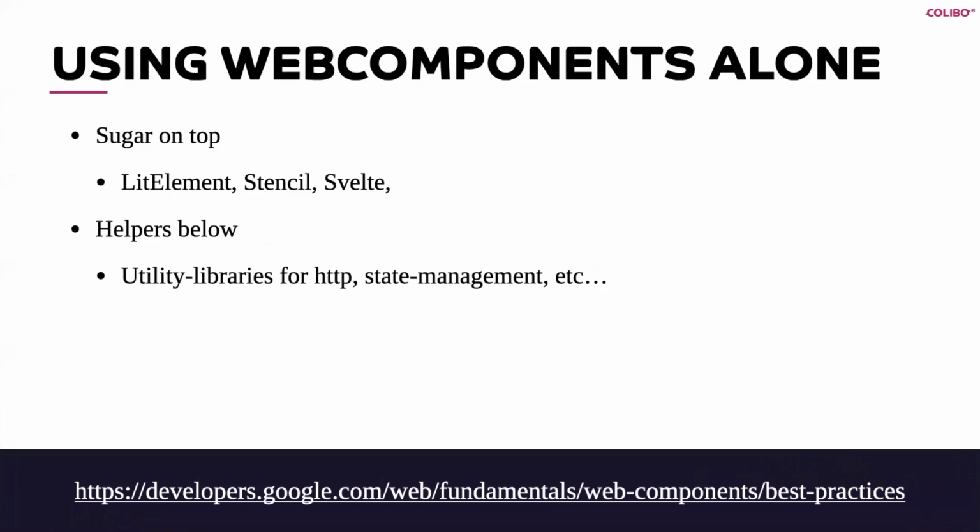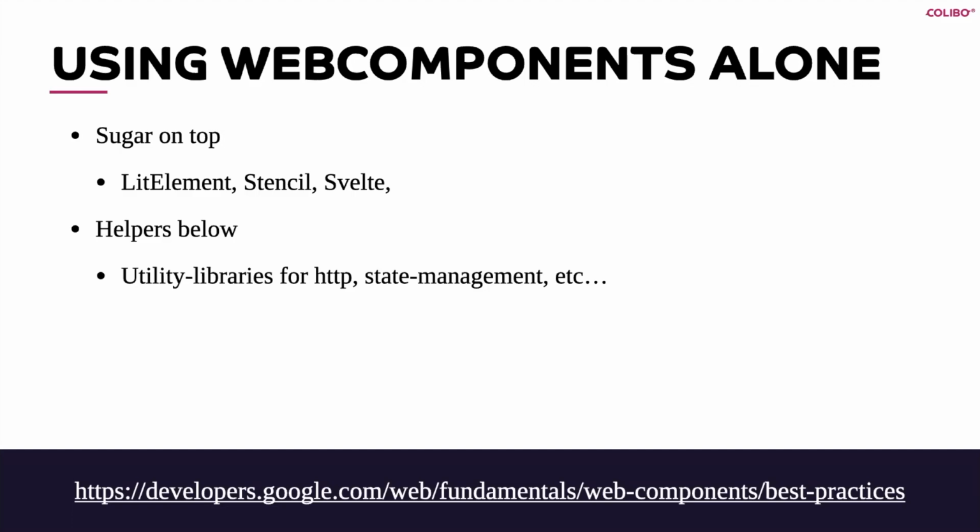So there are, like I mentioned, the parts CSS feature. There's some stuff around how we do accessibility and how we do form participation that's actually very badly supported. And I think we probably still need something to be able to handle that. But I think if we can use web components and put a little bit of sugar on top, like we do with Lit Element, with Stencil, or with Svelte or something, we have a pretty nice feature set of building blocks to build a small little library for ourselves.